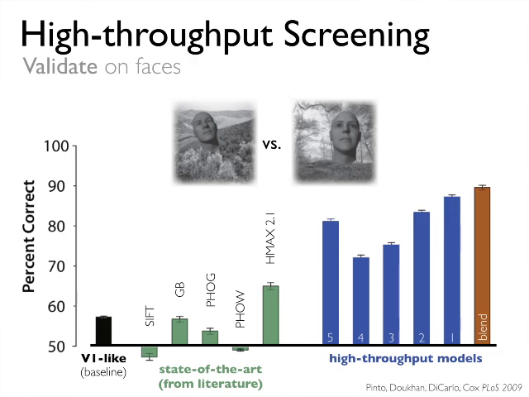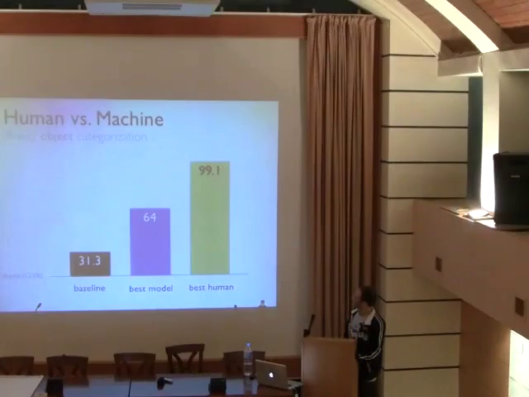We compared against humans. We are in neuroscience labs, so we can compare against humans. Compared to the baseline, we are halfway through. We have still a long shot to actually reach human performance. So now we have good models. We can start analyzing them. We have so many of them. We can analyze them and try to see what works, what doesn't work. What we saw very briefly is that the dimensionality matters a lot. If you have a lot of filters,